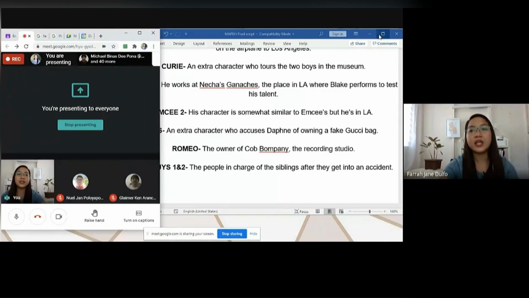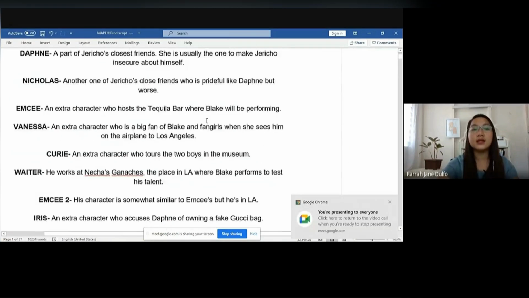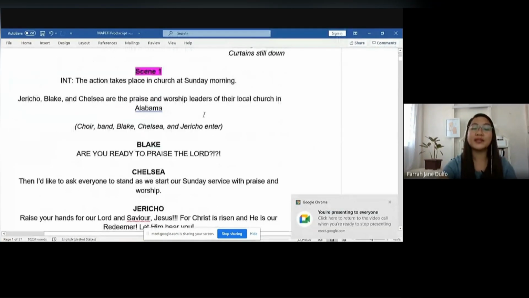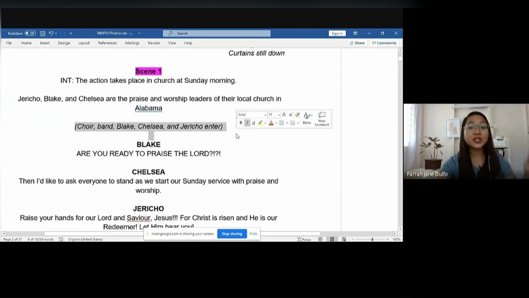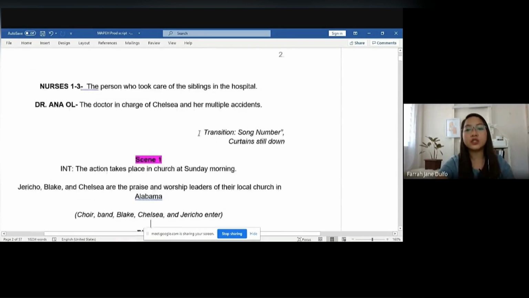Notice that in this formal script, aside from the dialogues, there are other descriptions such as this one, and there are some descriptions for the actions. What should the character do? And some descriptions also are transition words or transitions.